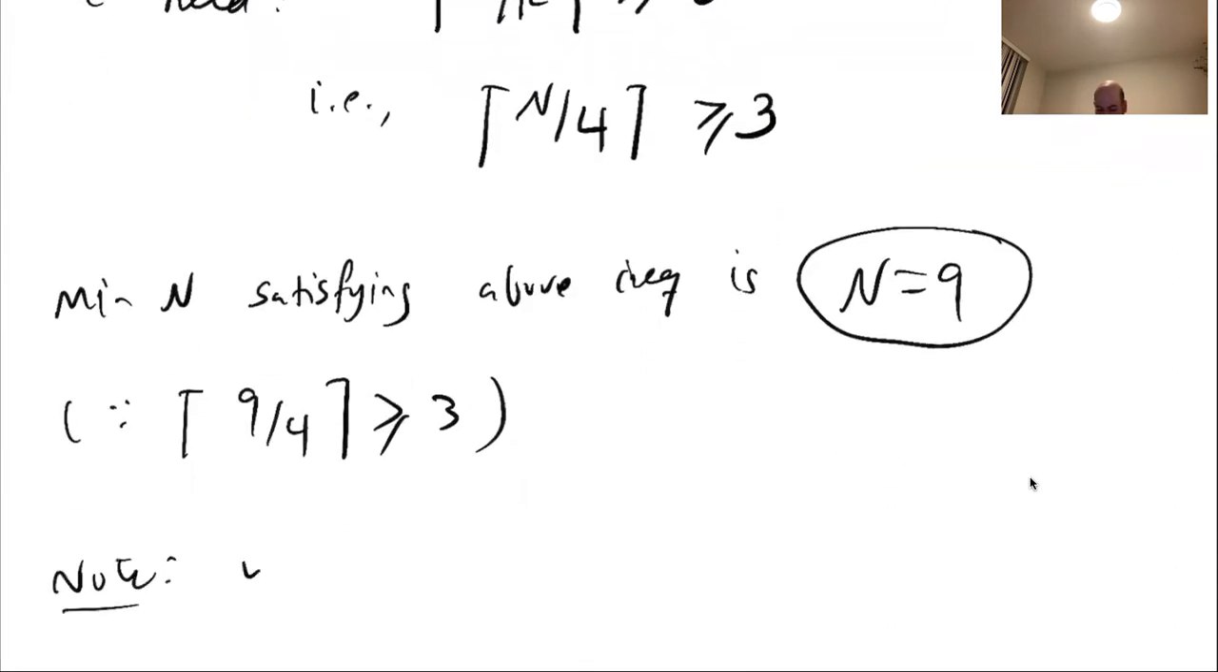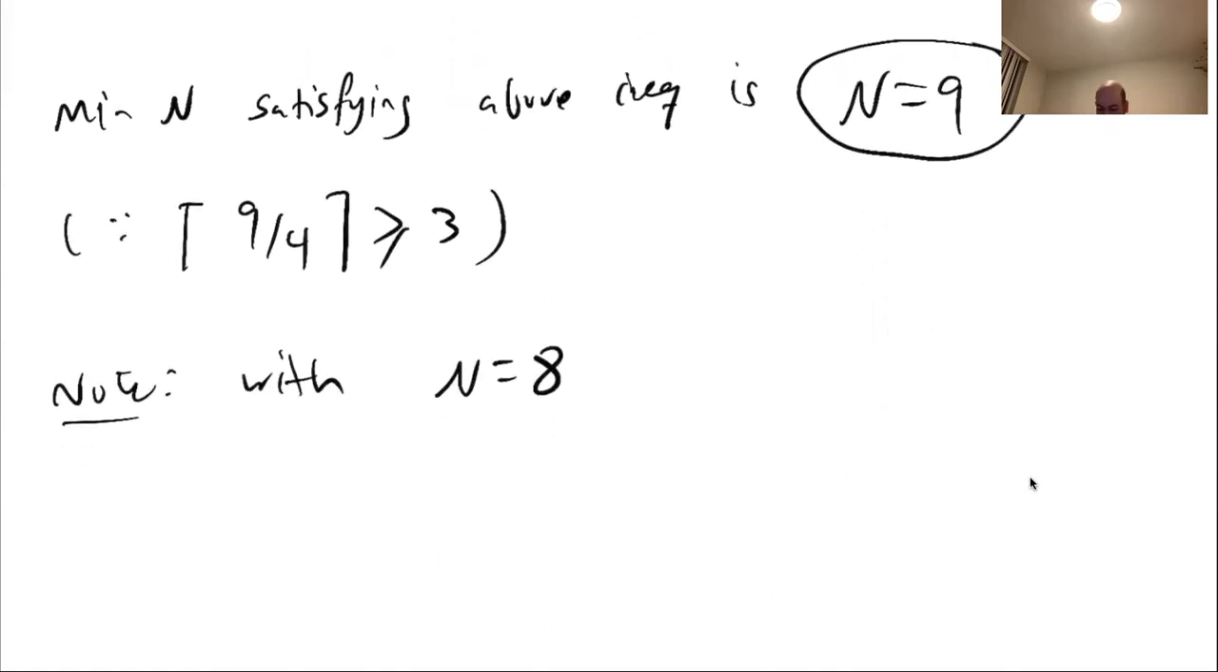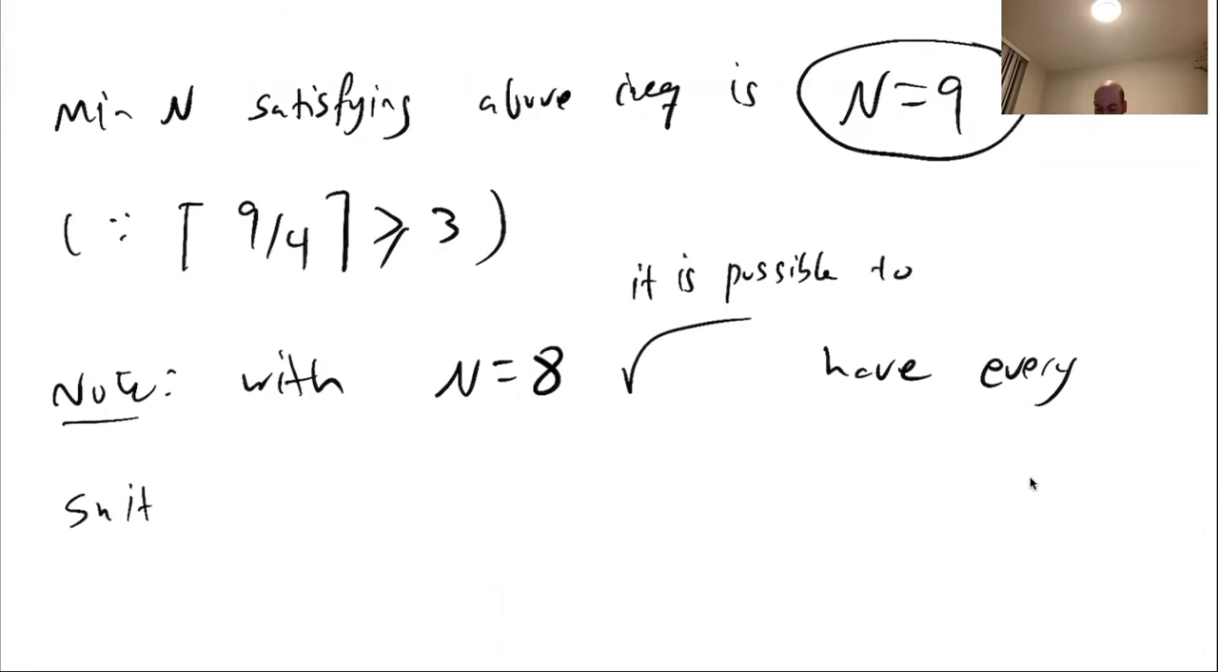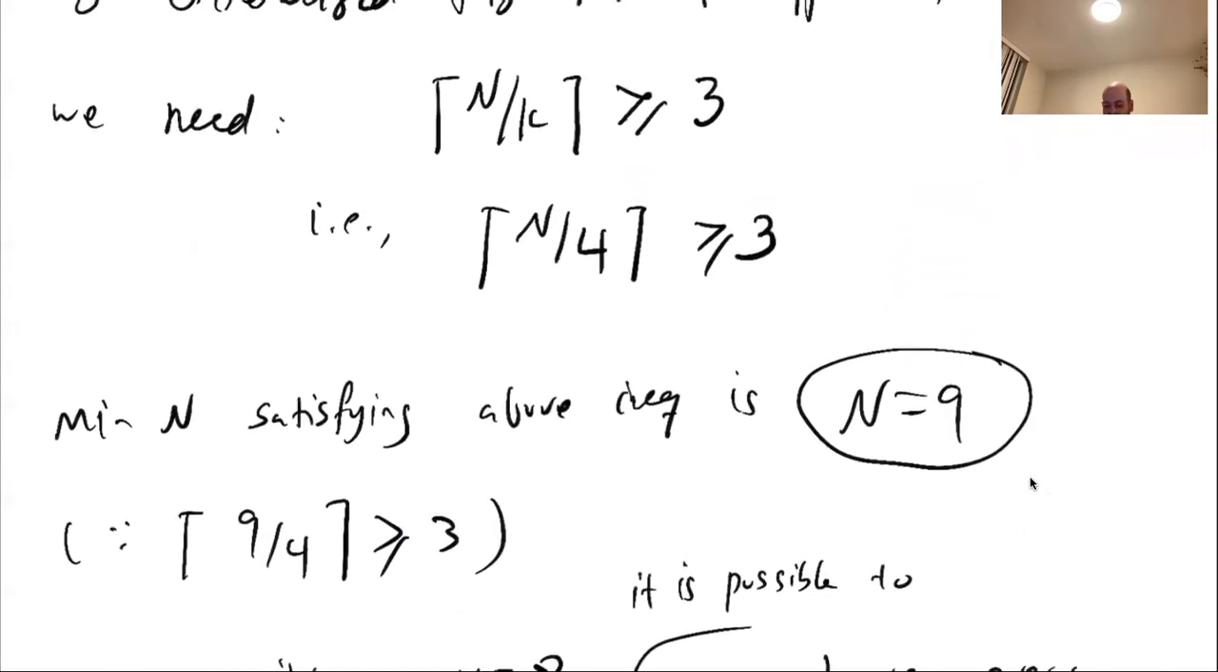Note, with n equals 8, it is possible to have every suit with 2 cards. So for n equals 8, I cannot have a guarantee that at least 3 cards will have the same suit, because it's possible that every suit has 2 cards on it. Okay, so we cannot have such a guarantee, but for n equals 9, we can have a guarantee for at least